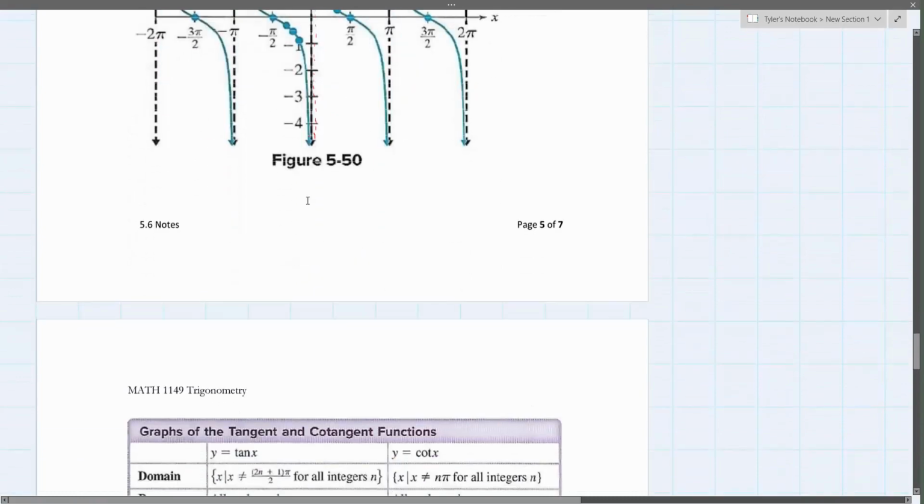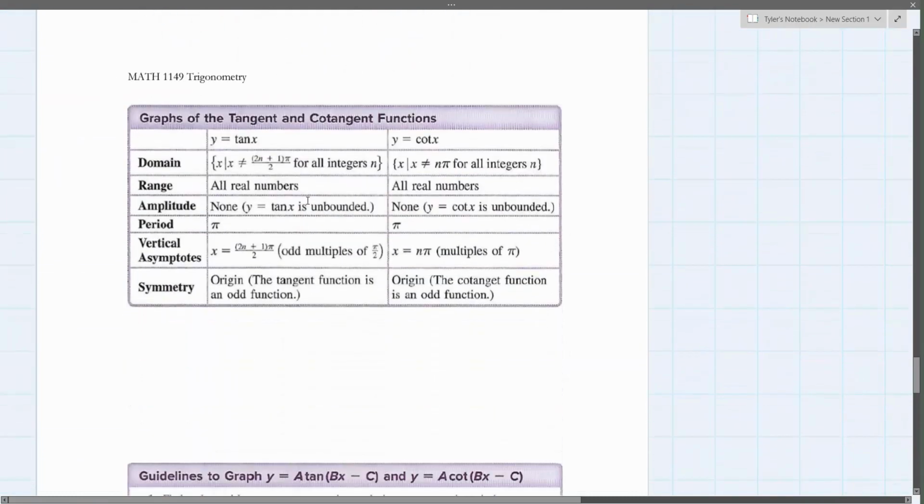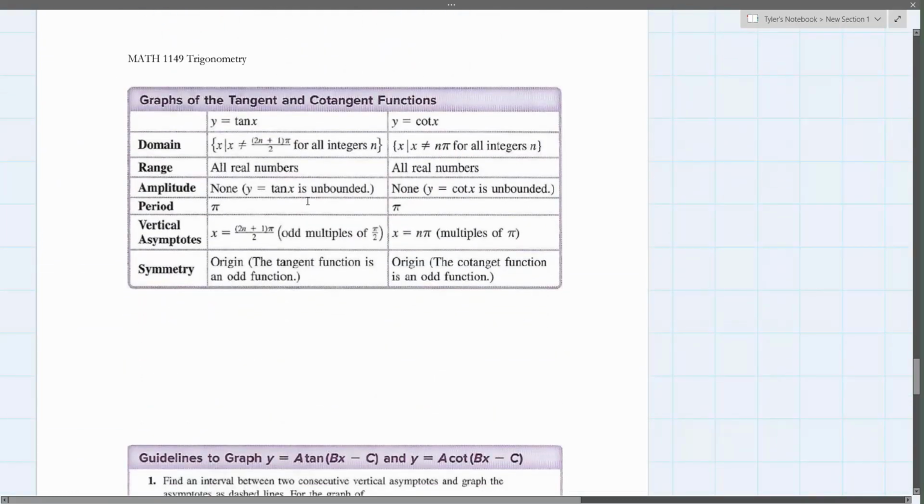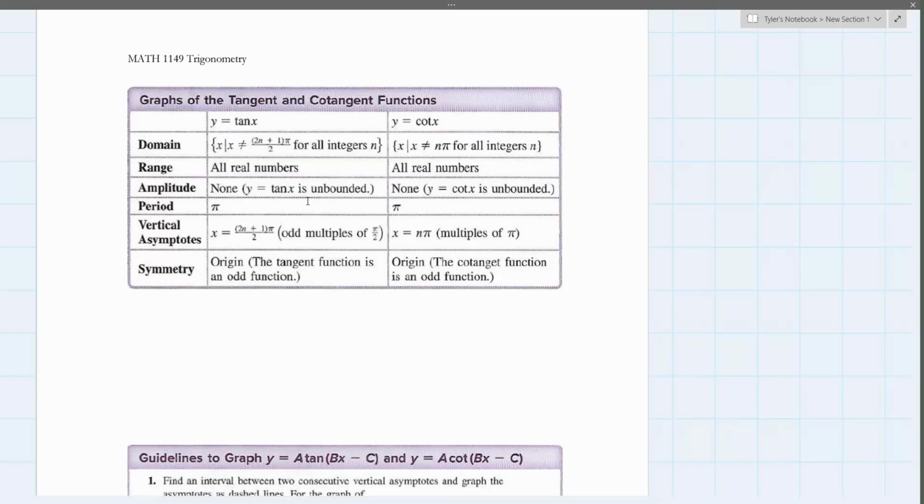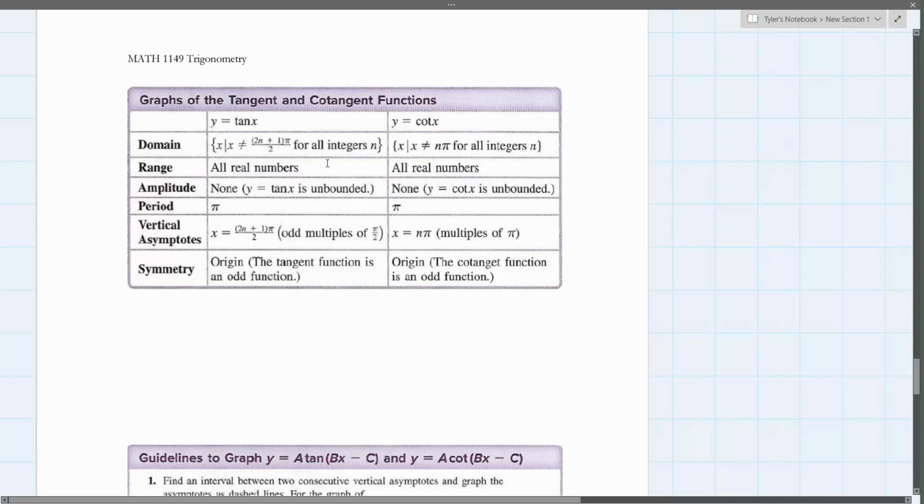So shifting and a reflection across the x-axis is the difference between the two, right? Remember, sine and cosine, the only difference is it's just shifted a little bit, pi over 2 units,